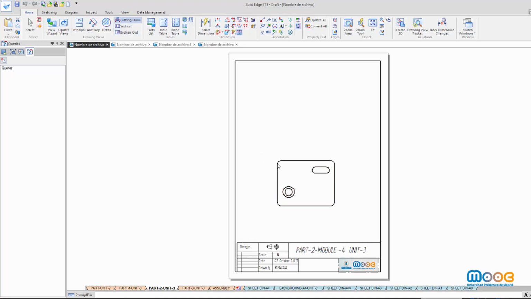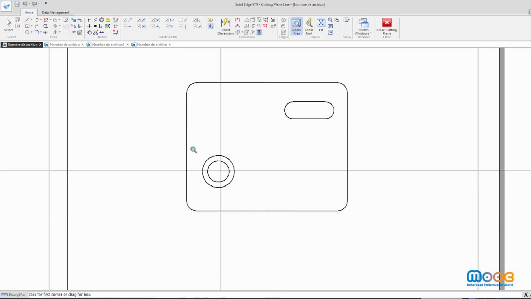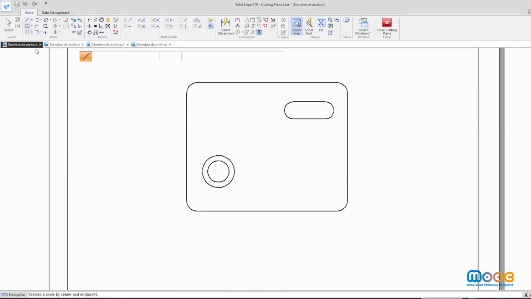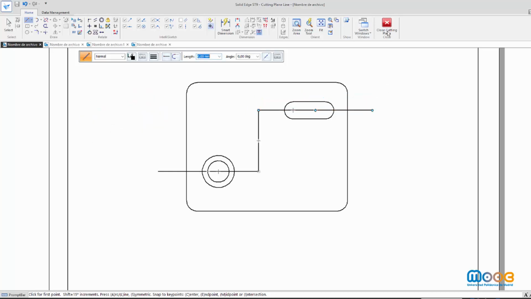I choose the view and I zoom to see it better. This is the line, and I'm going to use a parallel cutting plane. It's in the standard. You can use this type of plane.